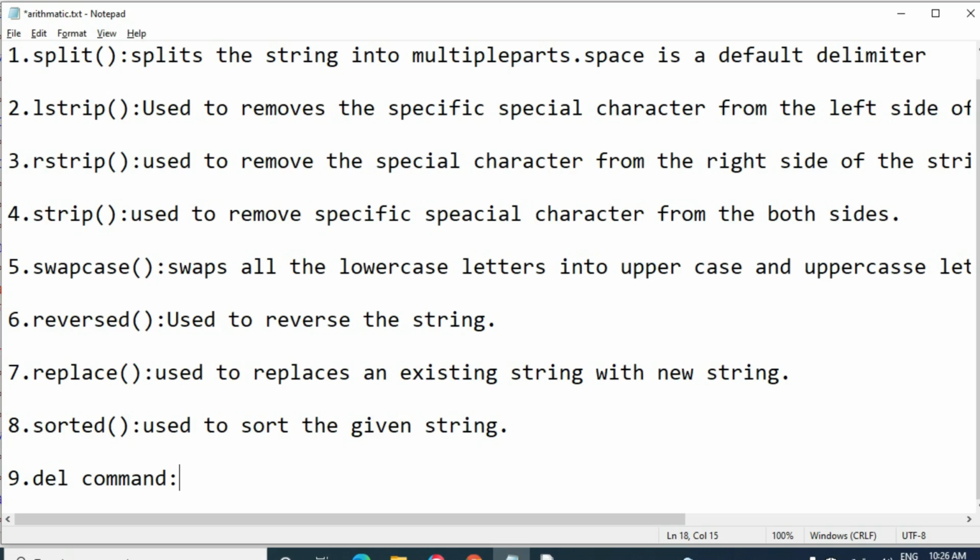But by using the del command, we can't delete a special character or a particular index number character. We can't delete the particular character by using the del command. If you want to delete the entire string, we should go for it. Otherwise, it's not useful. We can delete the entire string objects permanently.